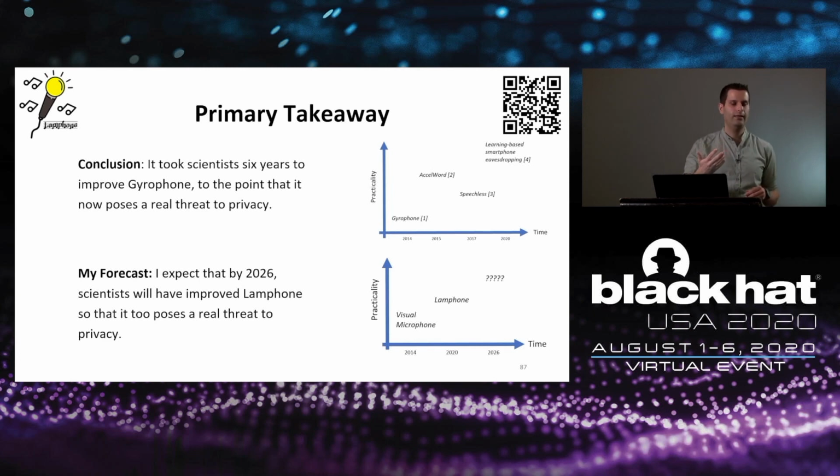You will probably hear about another passionate PhD student who will come either to USENIX Security or will present his work at DEF CON or at Black Hat or maybe even at Security and Privacy, and he will tell you, hi guys, remember the guys from Ben Gurion University that suggested Lamphone back in 2020? I was able to now make it a real threat to privacy. I know how to convert light to sound at normal volume rather than at high volume. And this is the primary takeaway that I want you to take from this talk.